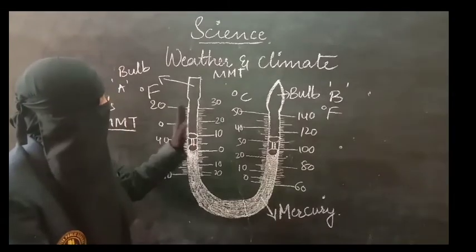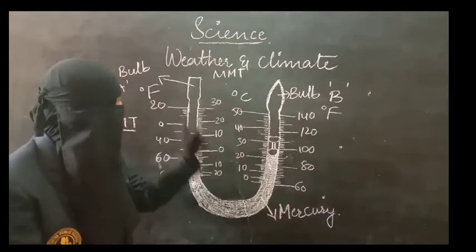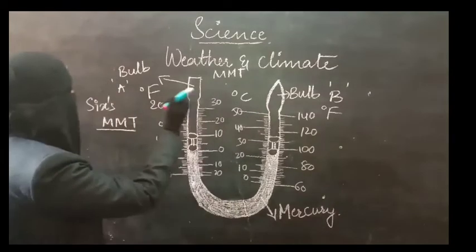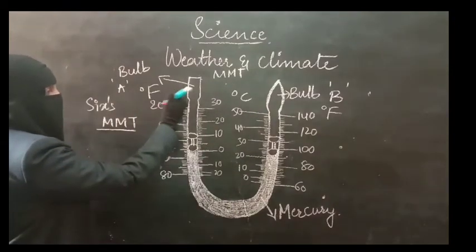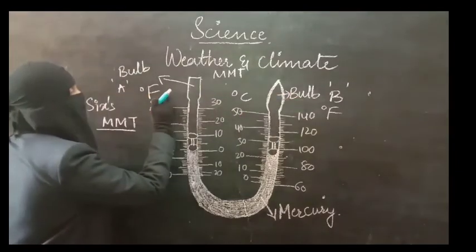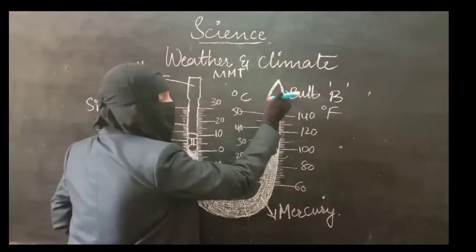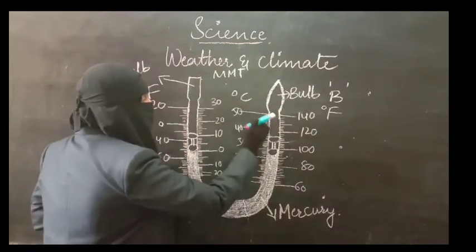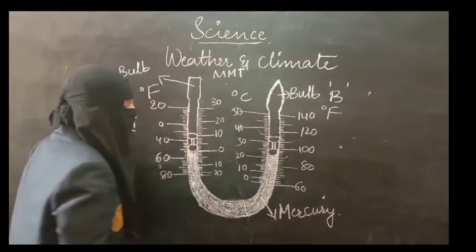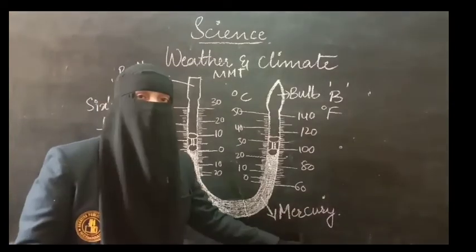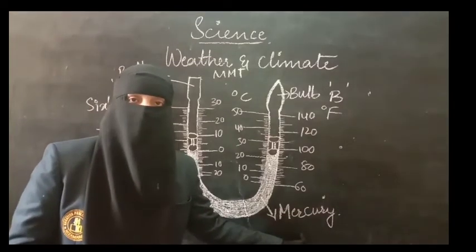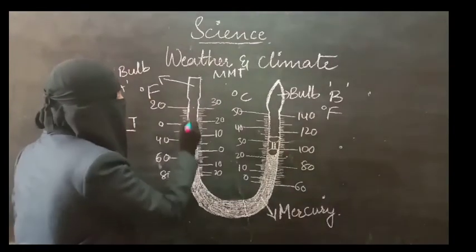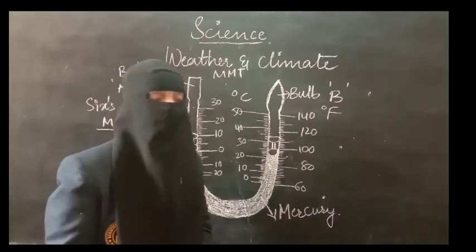If you see the parts of the thermometer, it is a U-shaped thermometer. There are two bulbs present here, that is bulb A and bulb B. Bulb A is cylindrical in shape whereas bulb B is spherical in shape. And these two bulbs are connected by the U-shaped tube. And if you see, this darker part contains mercury. Mercury is a thermometric liquid, and in here we can find alcohol. Alcohol is present in bulb A.